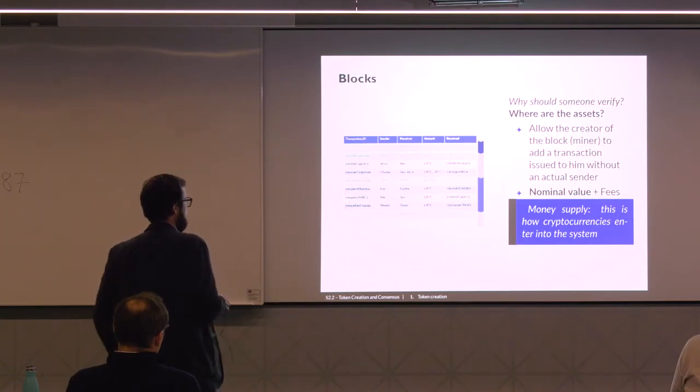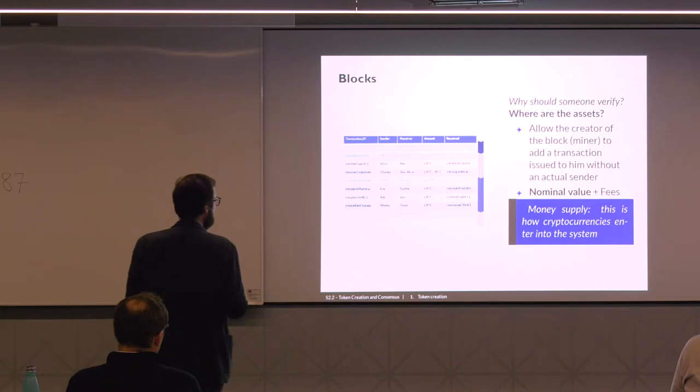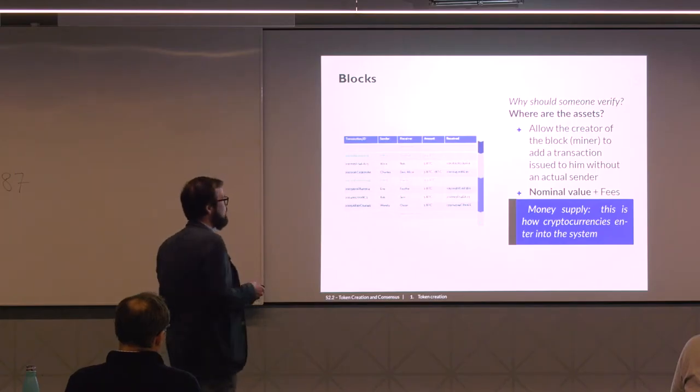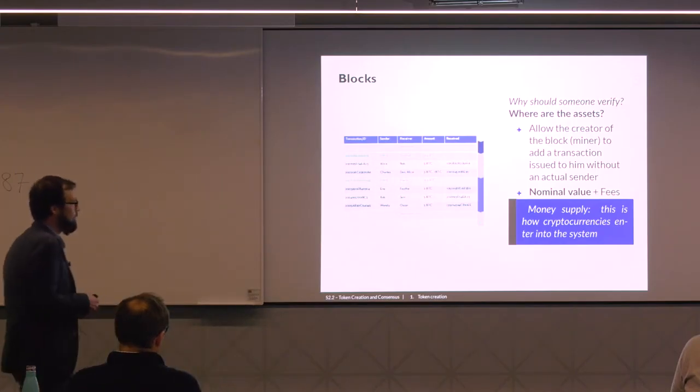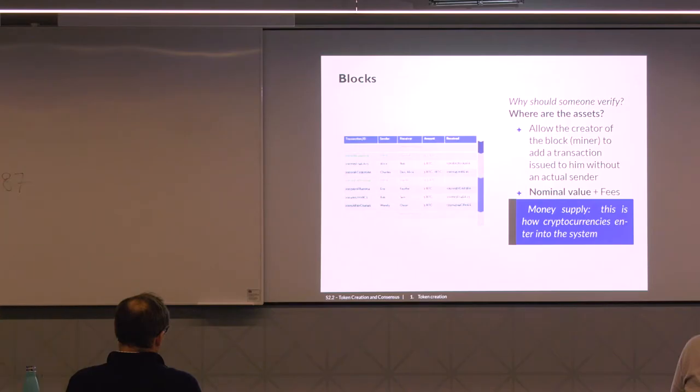What if Bob receives 10, 5 from Alice and 5 from Claudia, and then Bob gives 5, which is not necessarily Alice's 5, but is half of Alice's and half of Claudia's, to Sam? How would that be represented? And how do we know that? And does it matter? And where is that going to be in the transaction? The point is that Bob does not know which are the 5 Bitcoins that he's spending.